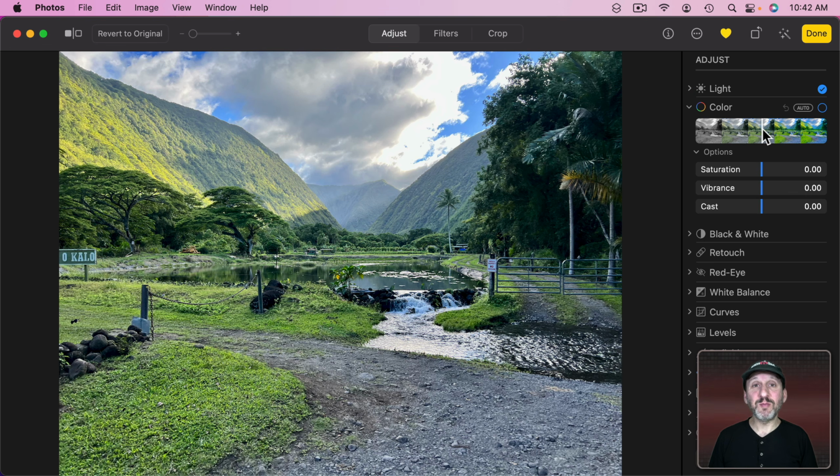If you remember the colors being more vivid when you took the photo, drag to the right. If you think the colors are a little too vivid in the photo and you kind of want to desaturate it, you can bring it down to the left. Don't be afraid to play around with these because remember you can always undo things and you can always revert